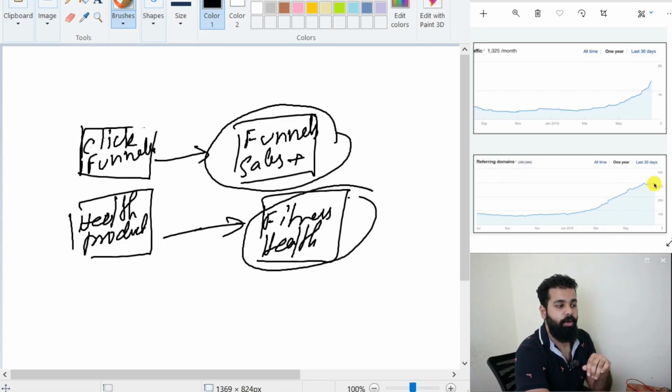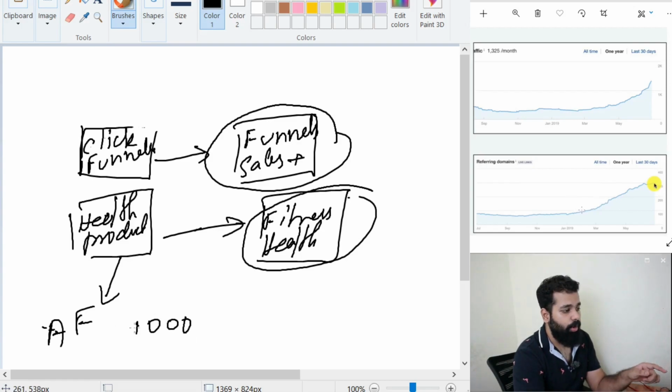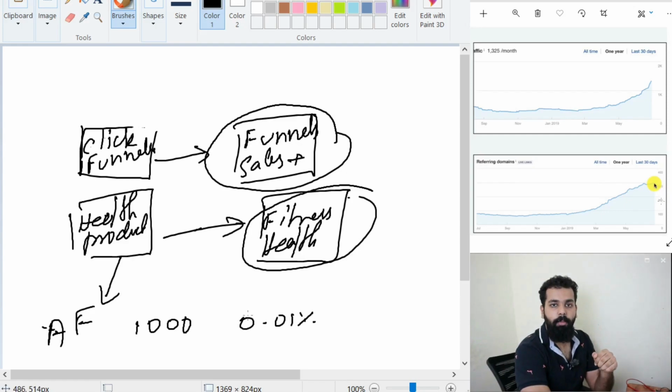If you're referring your website to an affiliate marketing link, and you have 1,000 visits per day, then even if you have a 0.01 percent conversion ratio, you can make some pretty good bucks on this.